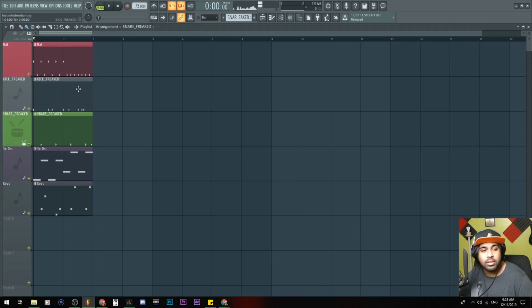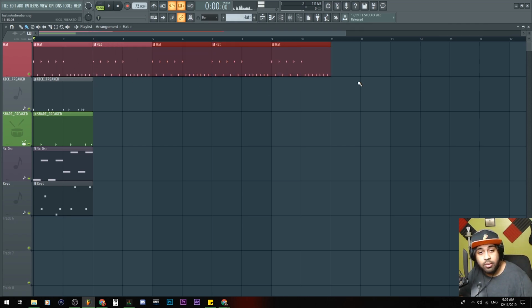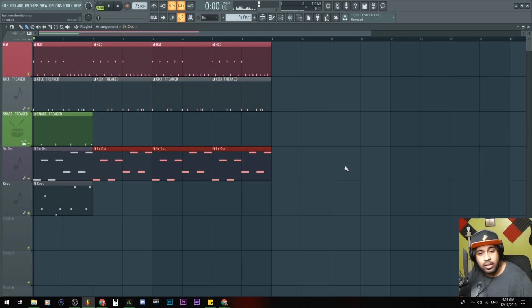So these patterns are the patterns from the same first pattern. If I go here and press play, to create a song now out of these patterns that we have right here, we could basically paint them in like such. I have the brush tool selected. You could click on the pattern here to change to that pattern. So let's say, for example, 3x oscillator, click and drag.